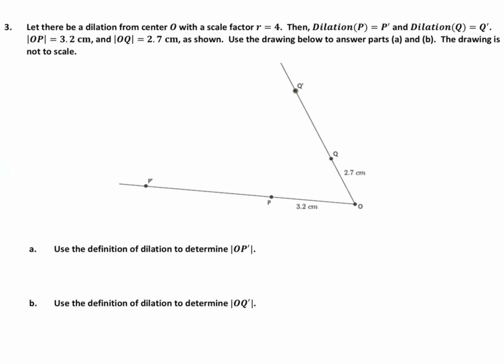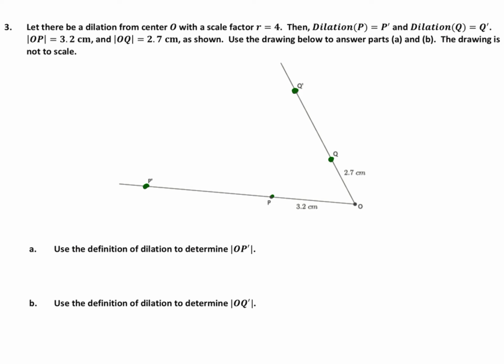3. Let there be a dilation from center O with a scale factor of 4. Then the dilation of P is P prime, and the dilation of Q is Q prime. It says OP is 3.2 and OQ is 2.7. Use the drawing below to answer parts A and B. The drawing will not be to scale. So, we have the